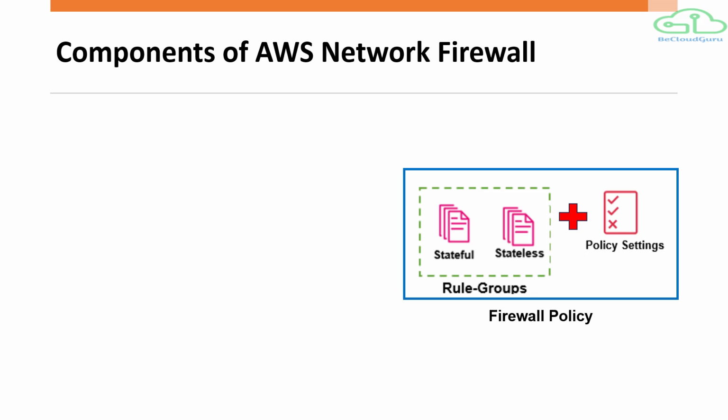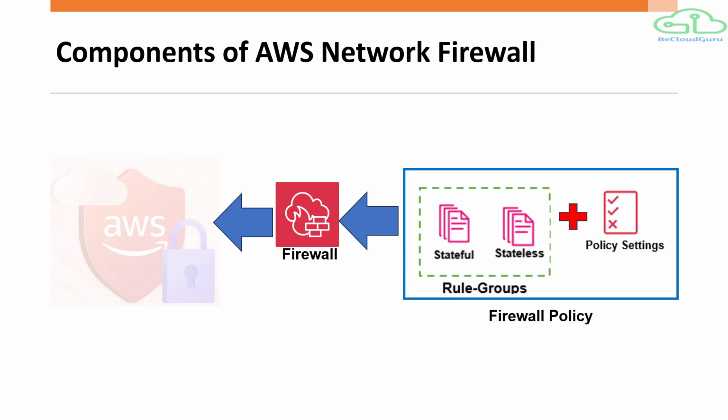That rule groups will be contained in a firewall policy along with those firewall behavioral policy settings. Now what happens, that firewall policy basically would be using these reusable set of stateless and stateful rule groups along with these policy level behavior settings to provide network traffic filtering behavior, right? Now what next, we have the final component that is called firewall, which will basically connect these inspection rules in the firewall policy and will take these rules and these policy settings and protect your VPC workloads in the backend,